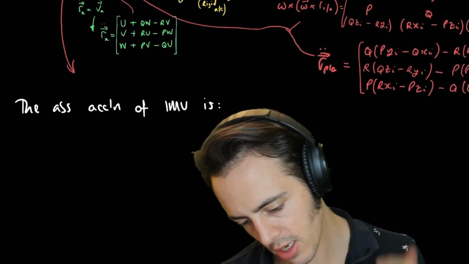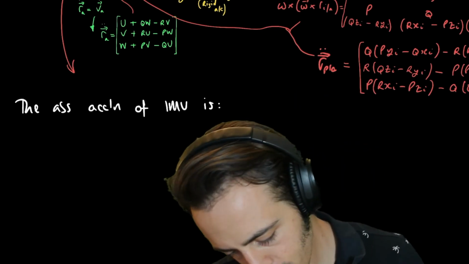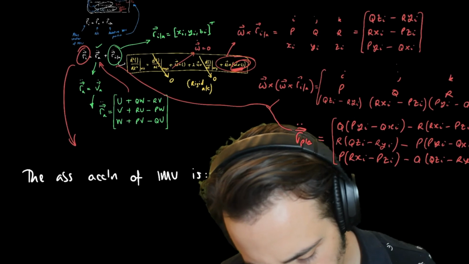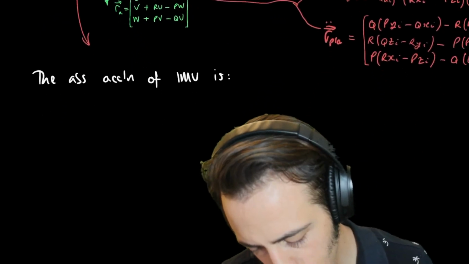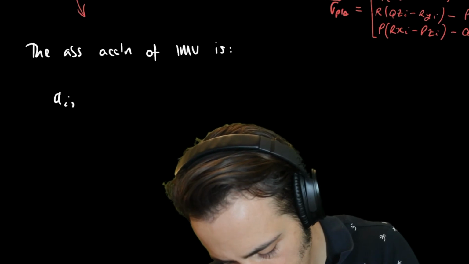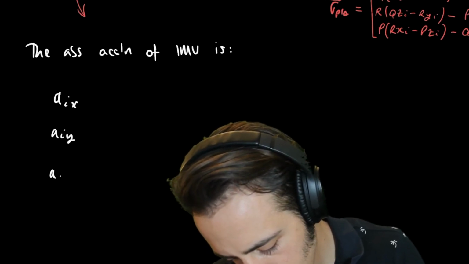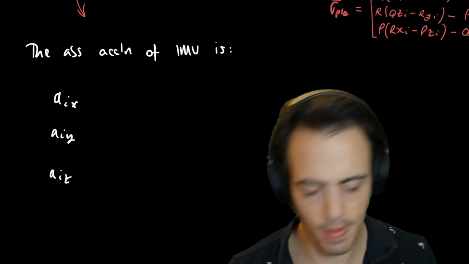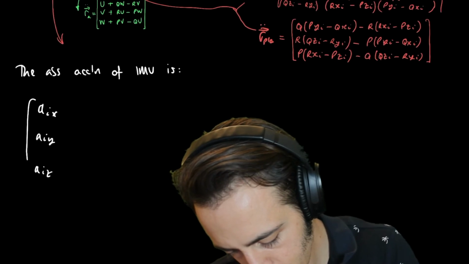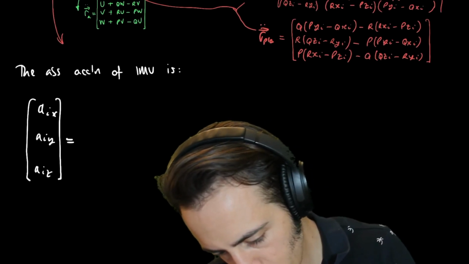The absolute acceleration of inertial measurement unit is, what did I call it earlier? Have I written down what I called it? Let's say it's AIX, AIY, and AIZ, is equal to,